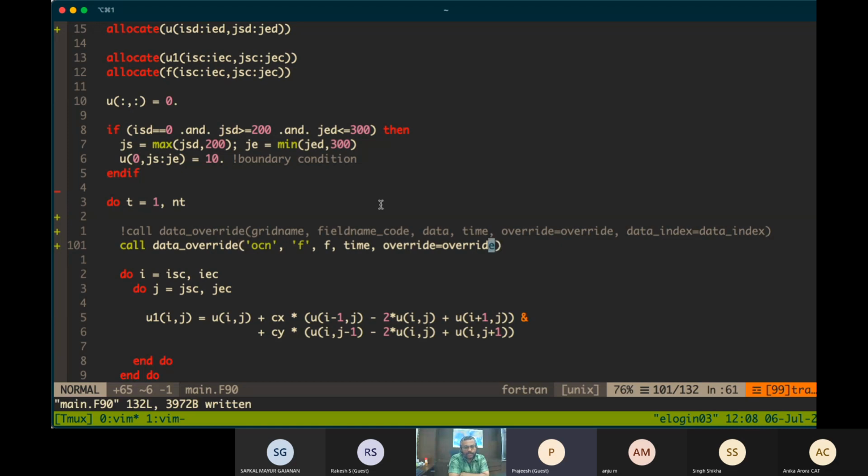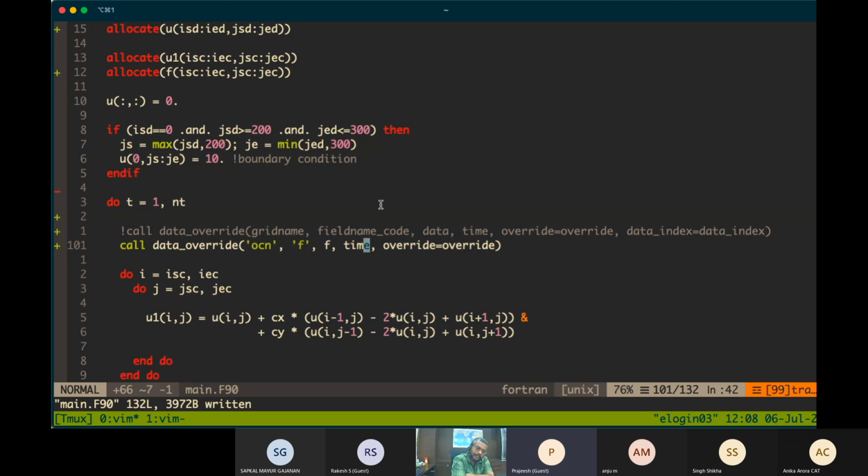Now you can see that time information is going inside this data override call, and this is how it goes inside and identifies at what time frequency it should read, or how to do the time interpolation. Let's say your data is monthly, but your model is running every 1 hour.